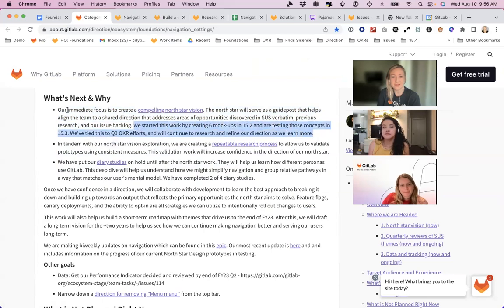So our immediate focus is compelling North Star vision. We're aligning the team to the direction with the sus verbatims. We're mocking 6 mockups in 15.2 and testing in 15.3. We tied it to our OKR efforts. Is that not clear enough? No, not at all. Also, we're past 15. We're already at 15.3. So we did them in 15.2 and we're testing right now in 15.3. So again,